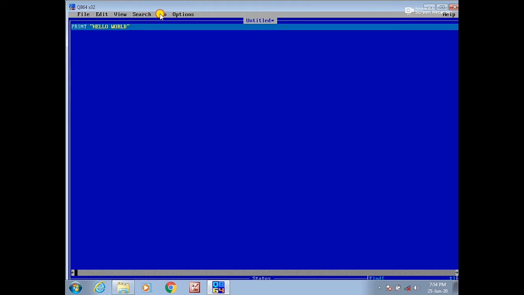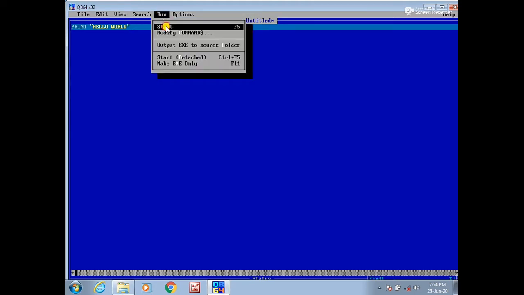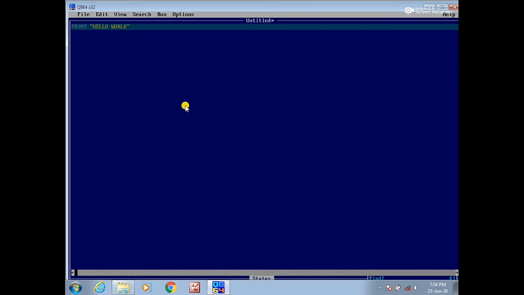Now I am going to run this program. Just click on the run menu, then start. It takes a little bit of time.